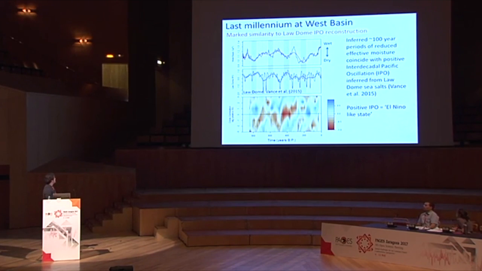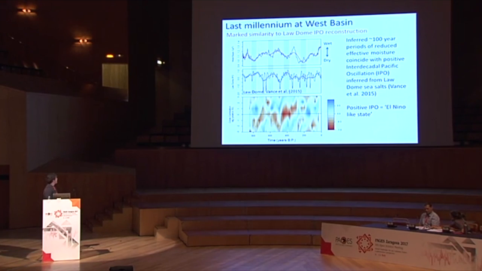So getting close to the end now. We can see, as I say, this strong, very clear periodicity through the last 1,000 years, where we interpret wetter and drier events through that period. And these compare quite nicely with the Law Dome reconstruction of the interdecadal Pacific Oscillation,